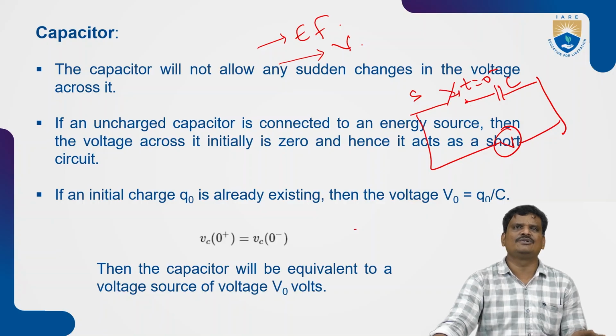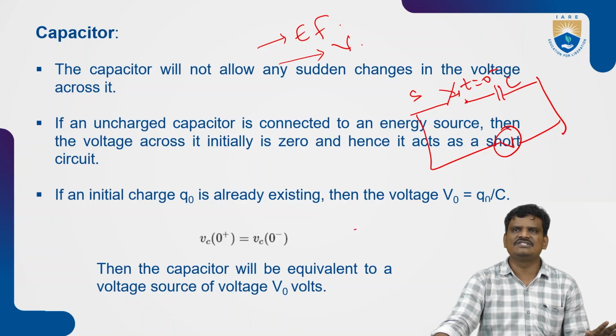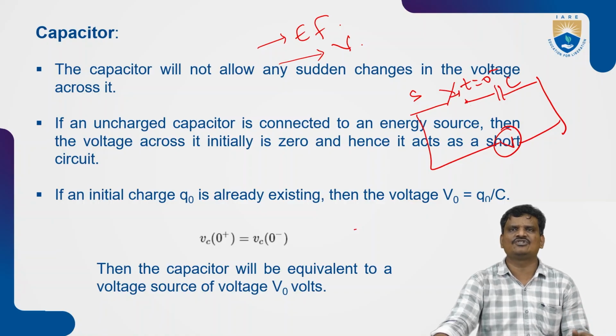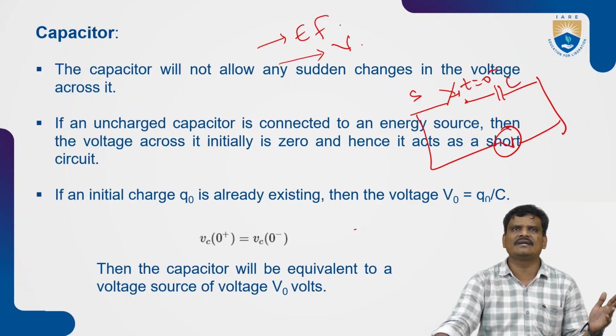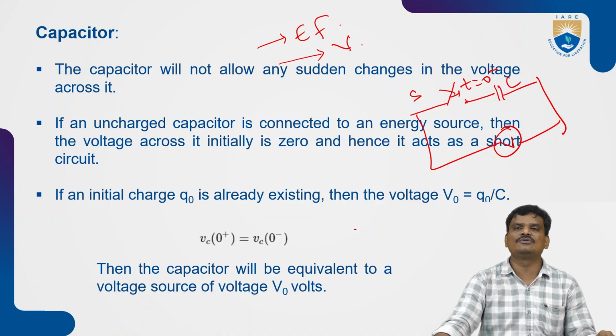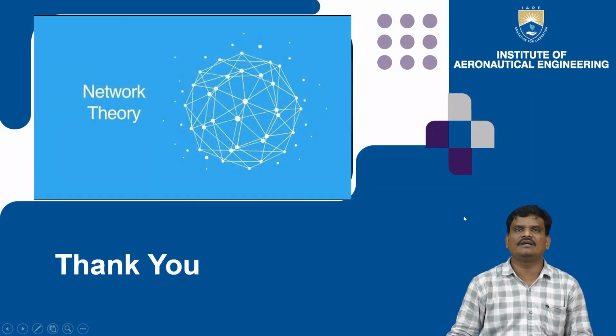That is mainly due to the properties of an inductor and capacitor here. In general, when the switch is closed, there should be some amount of current that needs to be passed into that particular circuit. But that is not happening in the case of a capacitor or inductor because of their unique properties. An inductor is the one which opposes the sudden changes in the value of current, and a capacitor is the one which opposes the sudden changes in the value of voltage. And due to that particular reason, different combinational